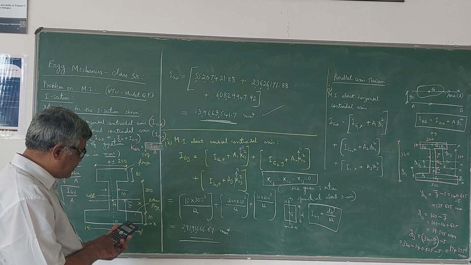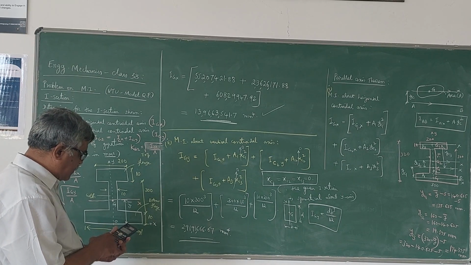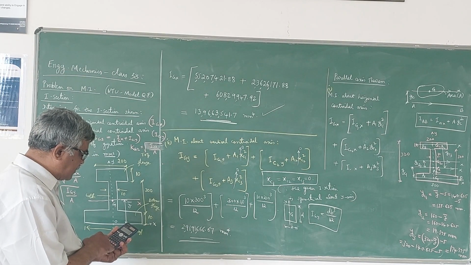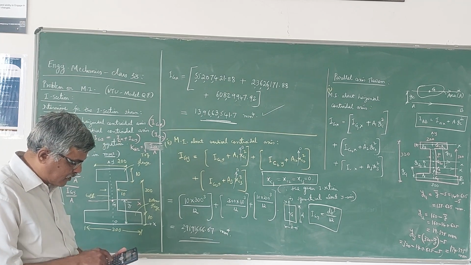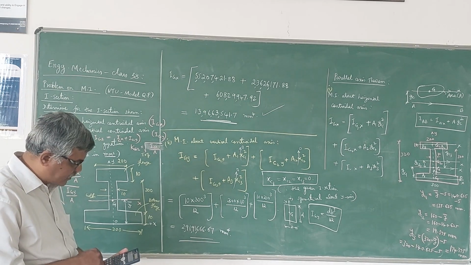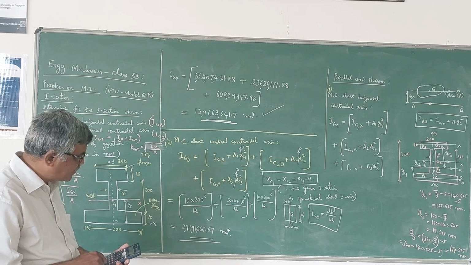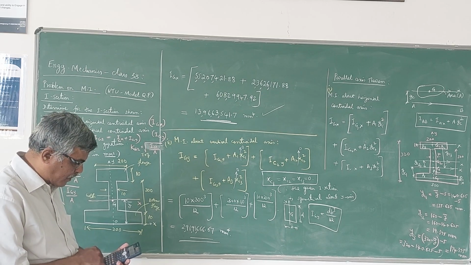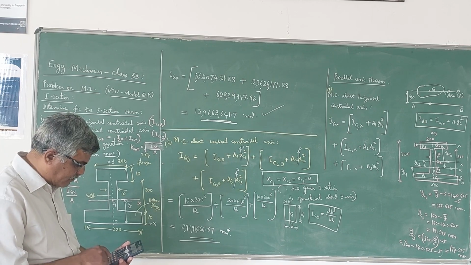plus 10 into 300 cube plus 300 into 1000 into 300 cube plus 300 into 1000 plus 10 into 200 cube, this entire thing divided by